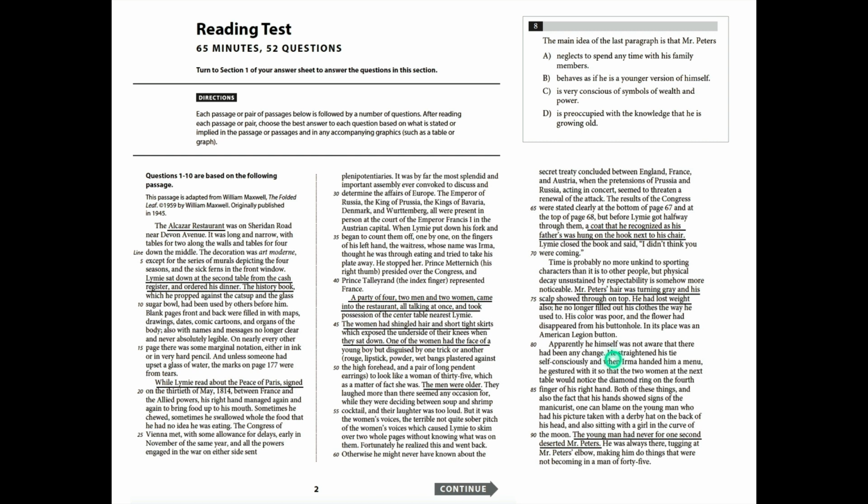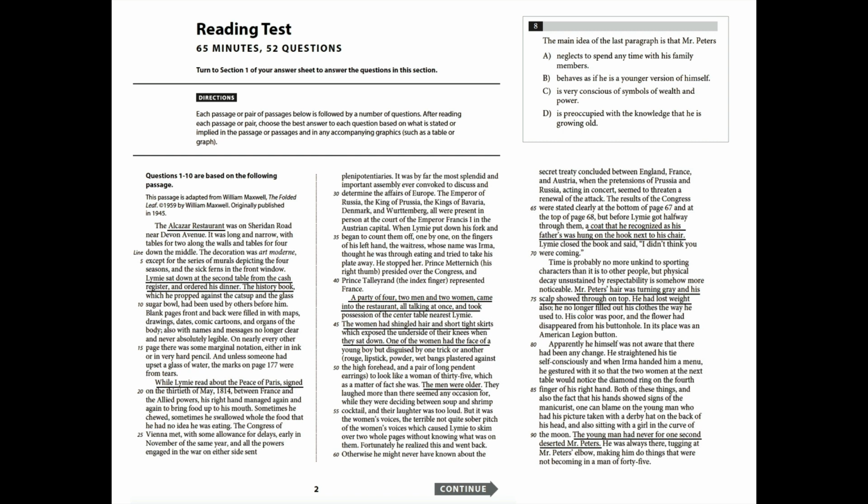So he goes through a bunch of behaviors here which a young man might do, gesturing with his hands so some people at the next table would recognize that he's got a diamond ring. Okay, so essentially what this last paragraph is doing is describing Mr. Peters trying to act as a young man, which of course he no longer is. Okay,